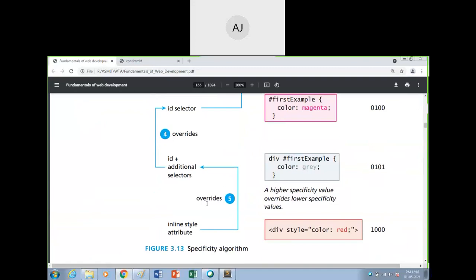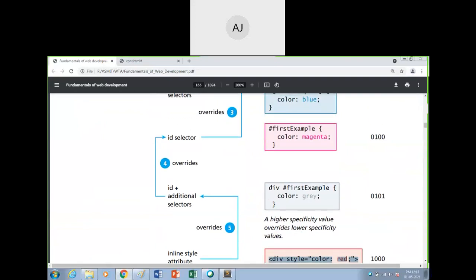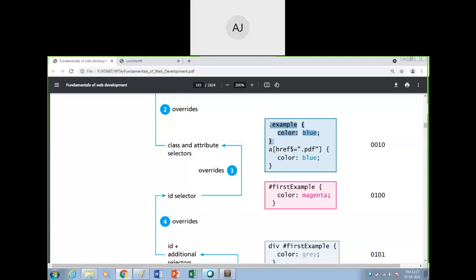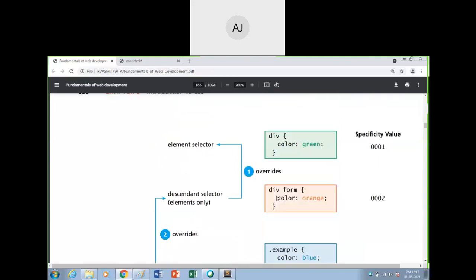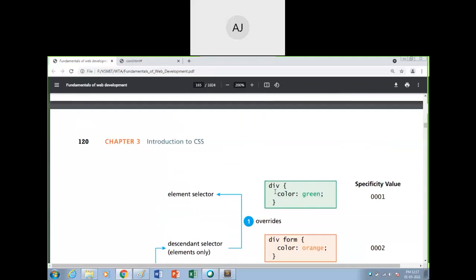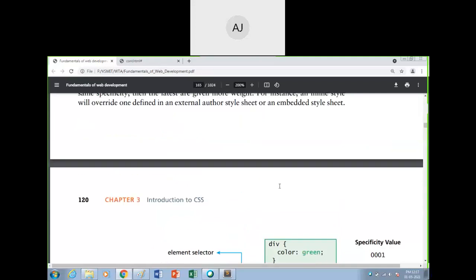What is this? Div style equals color. So this is the inline. What about this? This is the internal level, which is written in the head section. What about this .example and so on? This is written in the CSS file. So the first will be given more preference. This is called location.